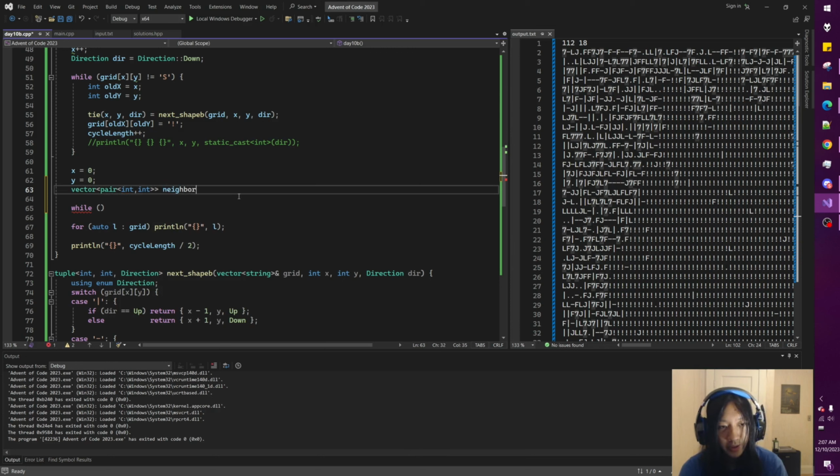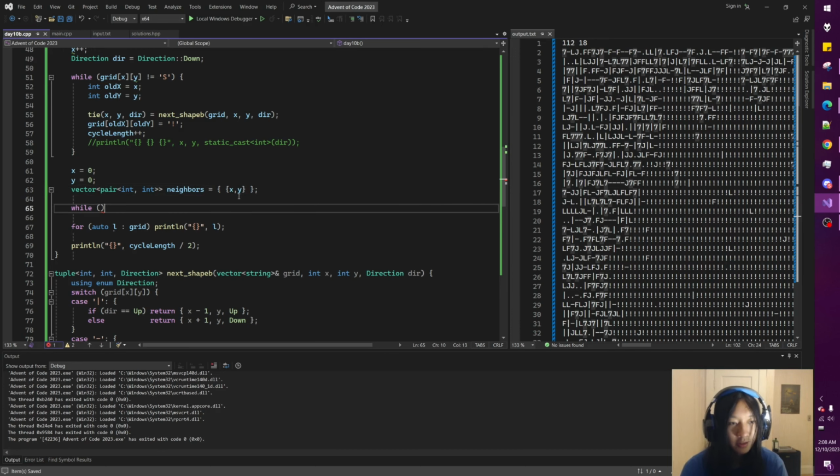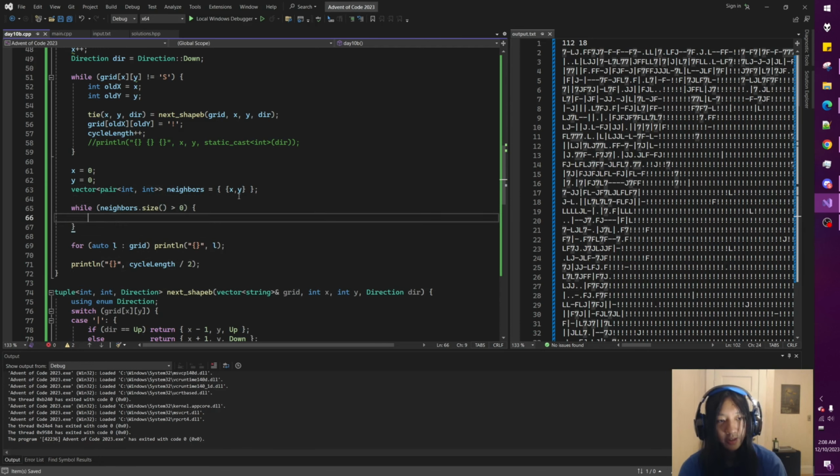I think this should be a queue. Something tells me that this should probably be a queue, but again, haven't thought about it hard enough yet. So while we haven't exhausted all of the neighbors,